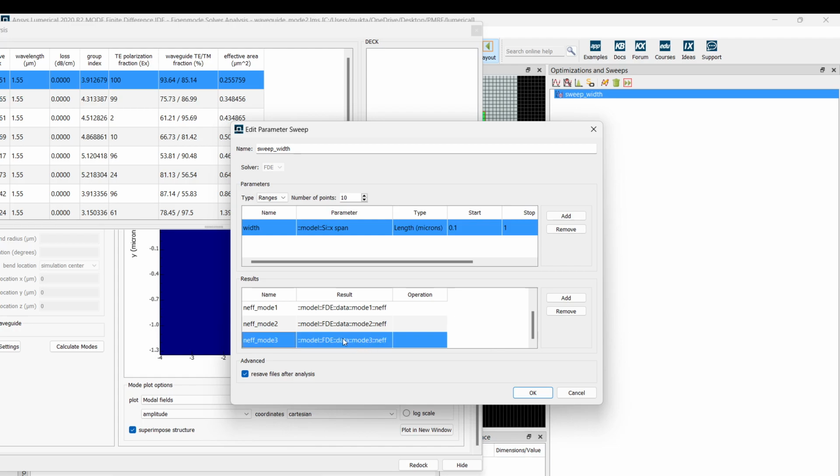So by looking at all the simulations, we know that mode 1 is probably the TE fundamental mode. Mode 2 is probably the TM fundamental mode, but it will keep changing based on which effective index is higher. Mode 3 will be the second order mode.